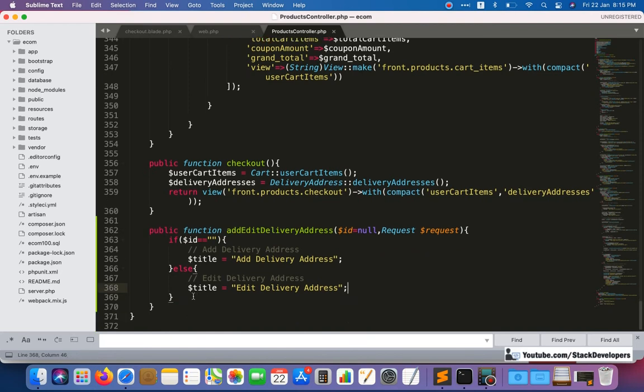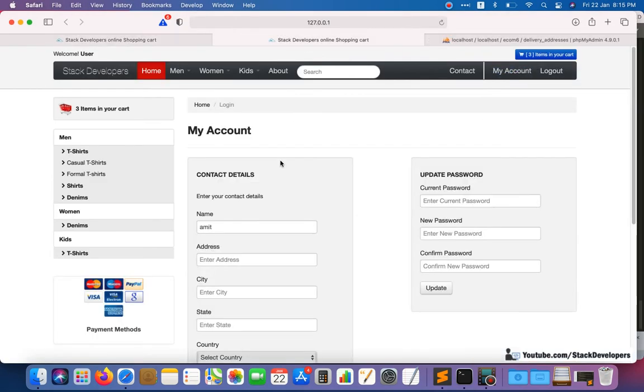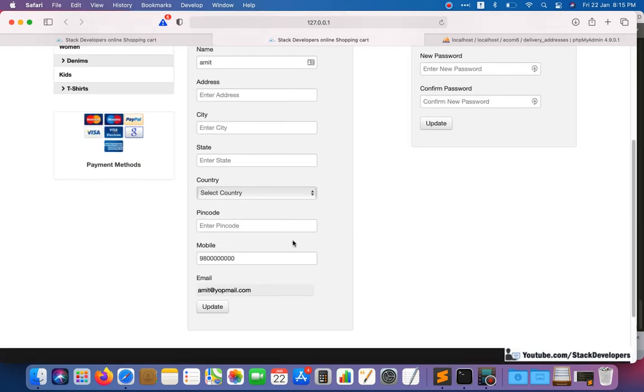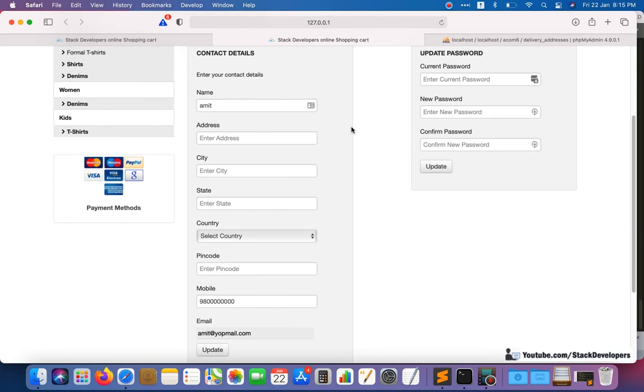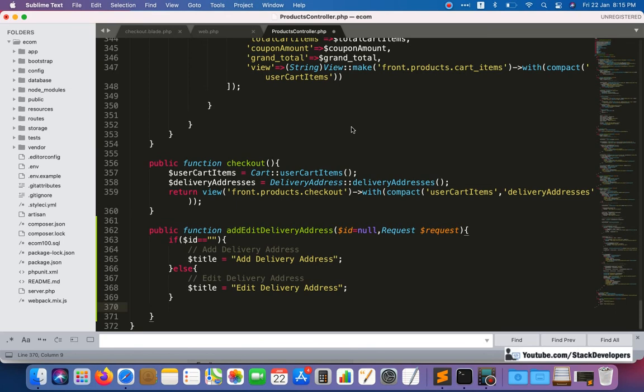So after this one, now we also require the countries option in our delivery address form, and our delivery address form will look the same as the account page. If we have the account page, we can check our account page here. You can open it in a new tab, and this one we are going to use. Here we will write delivery address. Here we will add this form. Email will not come, but the rest of the options will come. Okay, so we are going to use the same design and same form.